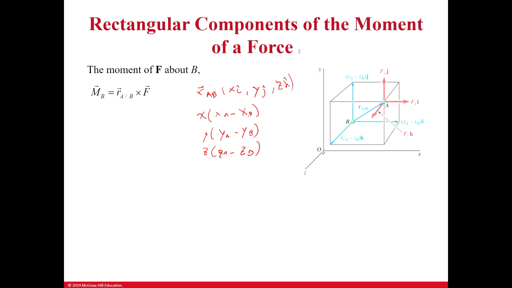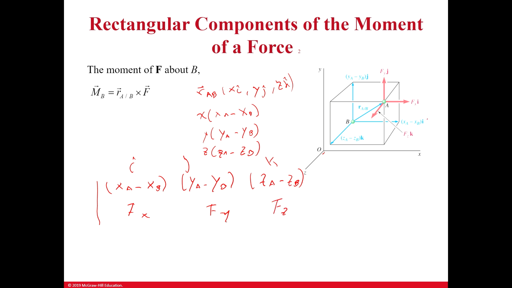That will give you the distance in X, Y, and Z. And when you do your cross product, it's simply XA minus XB, YA minus YB, ZA minus ZB. Of course, these are numbers, I, J, and K, and Fx, Fy,